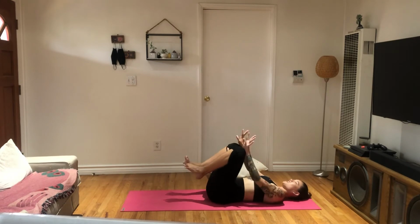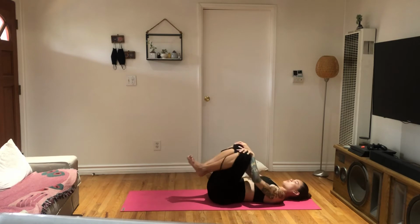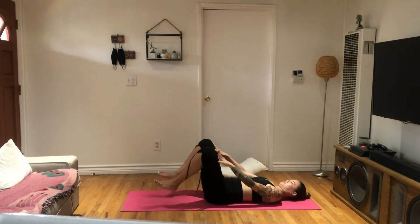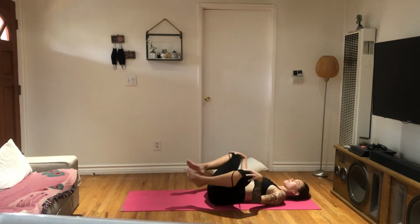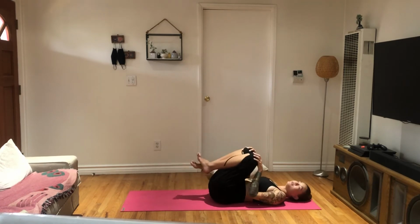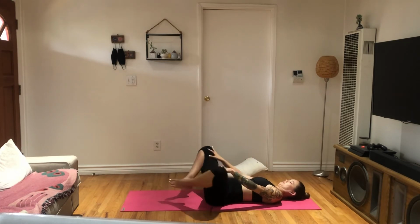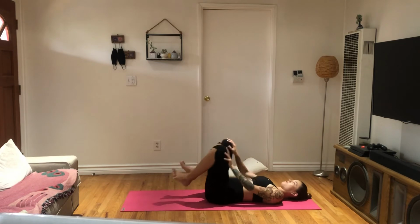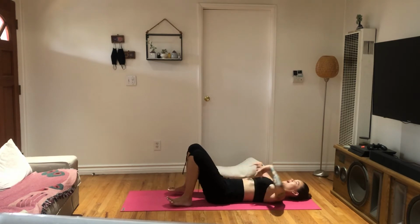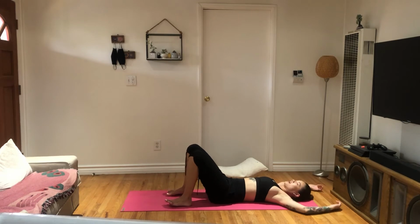Come back to center, hands are still onto your knees, and circle the knees. Big motion into the hips. Go the opposite direction. Bring the feet down onto the mat, cactus your arms, press the elbows into the mat, suck your belly in